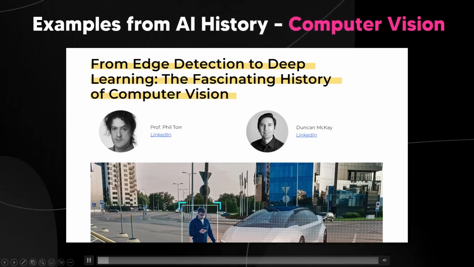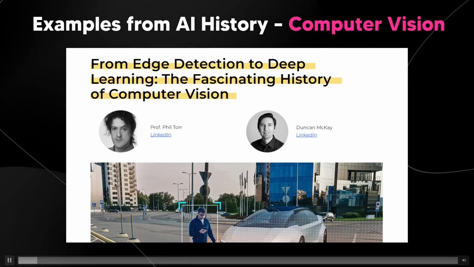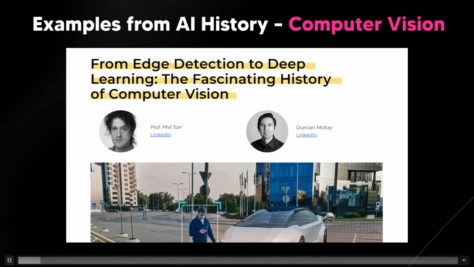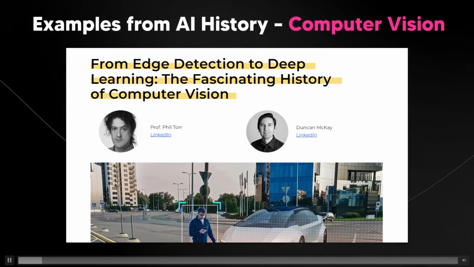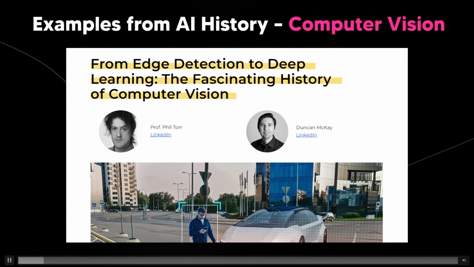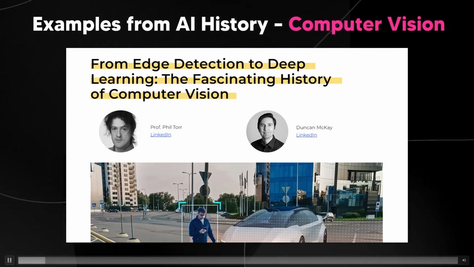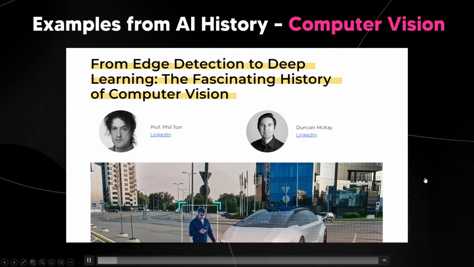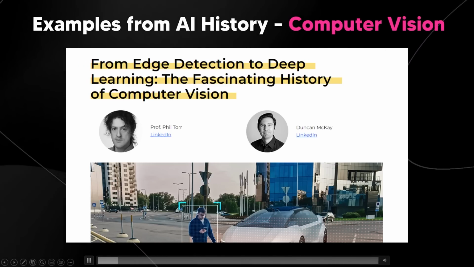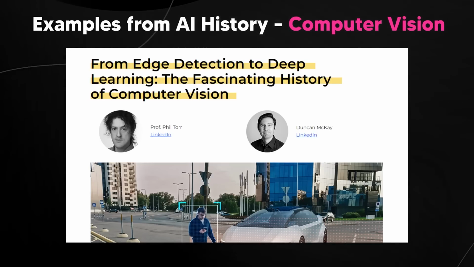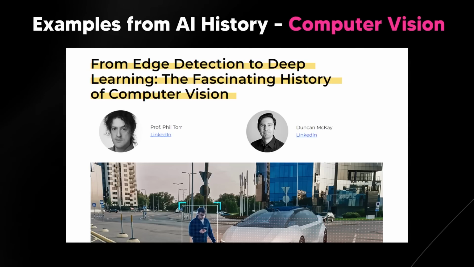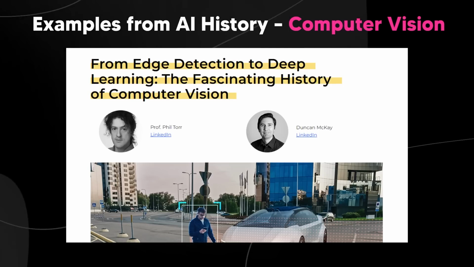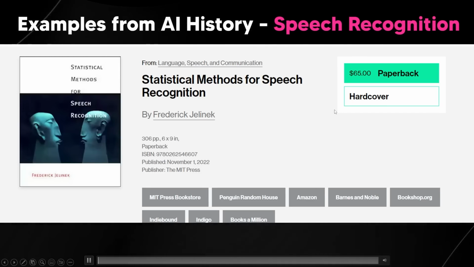This article traces the history of computer vision, starting from its early focus on 2D image processing like edge detection and feature extraction, to the latest advancements in deep learning, and it highlights key milestones such as the development of the scale invariant feature transform, SIFT algorithm, and the shift from handcrafted features to machine learned features with the advent of deep learning. They also discuss the integration of machine learning into computer vision in the 2000s, leading to significant developments in the ImageNet database and the use of convolutional neural networks for object recognition. There is also the case of speech recognition.